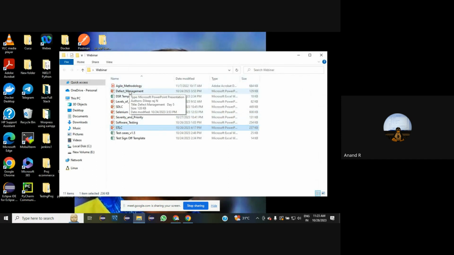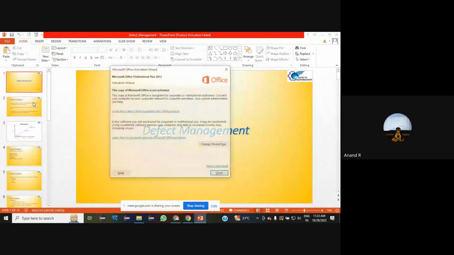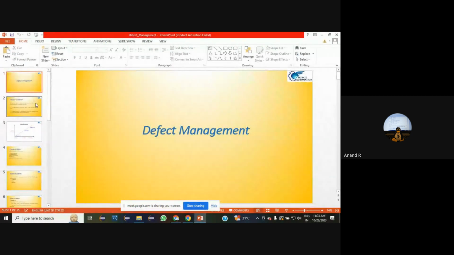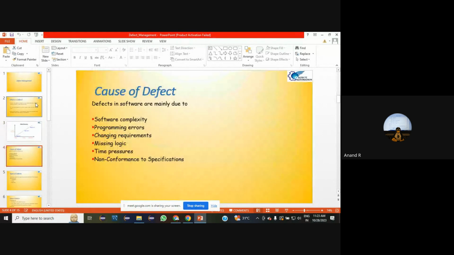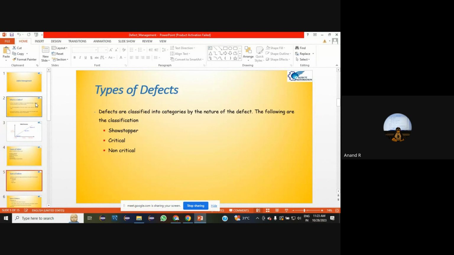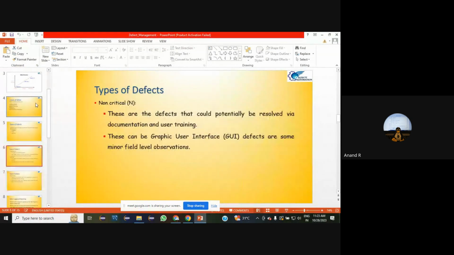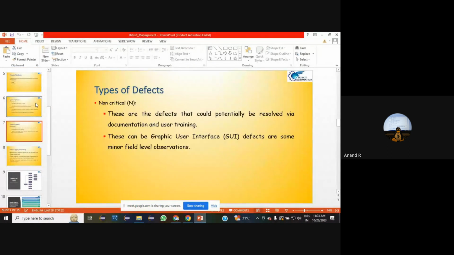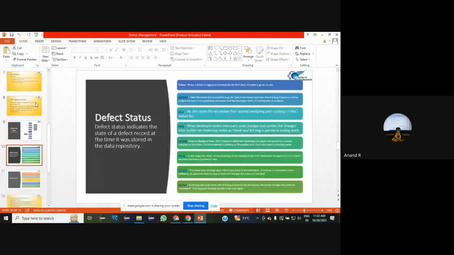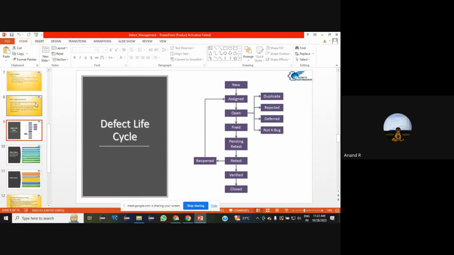Next, there is defect management. If you find any bug in a software application, we can raise a bug to the developer. There is one mostly used tool, Jira. In Jira, the tester will raise a bug and assign the bug to a developer. If it is a valid bug,